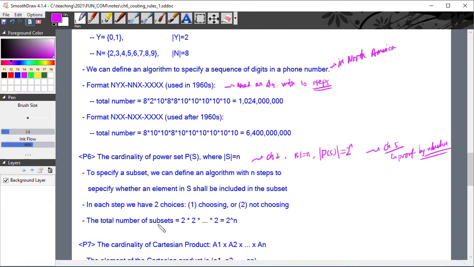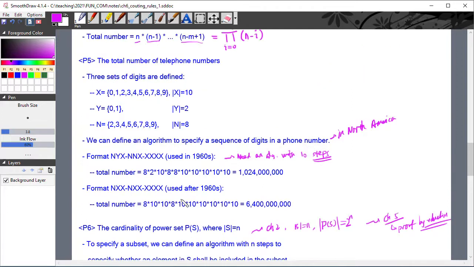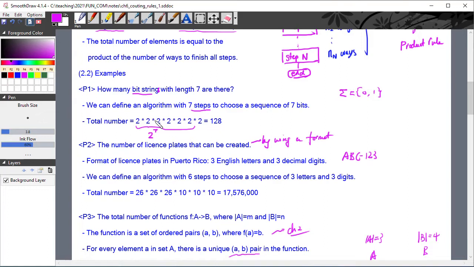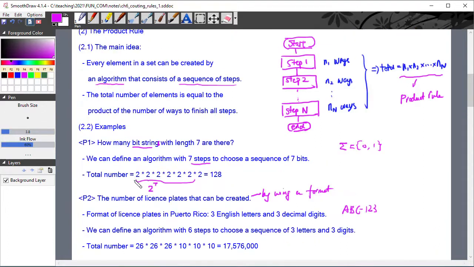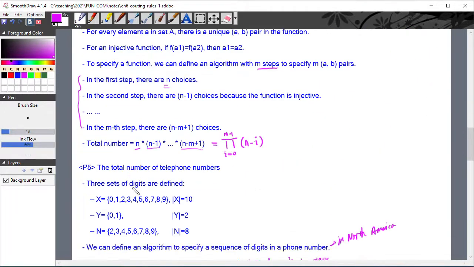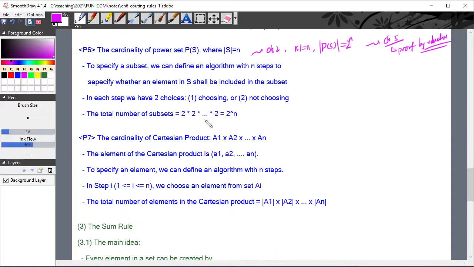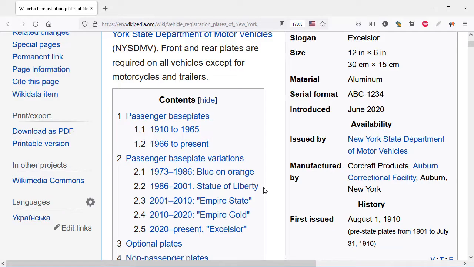So at this point, you're going to find that counting the cardinality of the power set is very similar to counting the number of all bit strings with a certain length. It is also similar to the case where we want to generate all truth value patterns for n propositional variables. They are all 2 to the power of n. And the last example for the counting rule is the cardinality of the